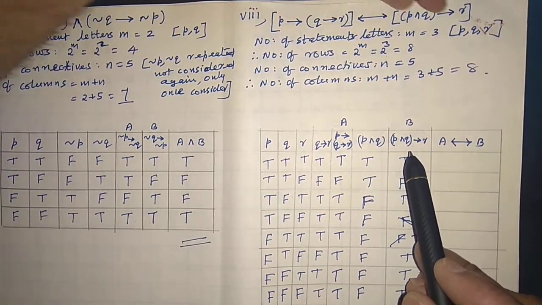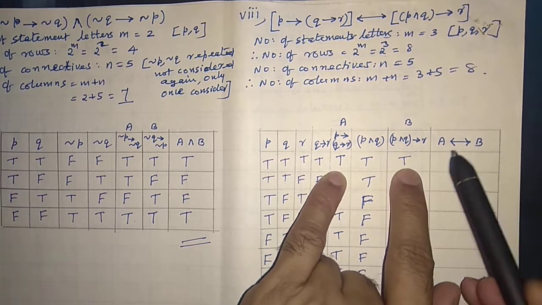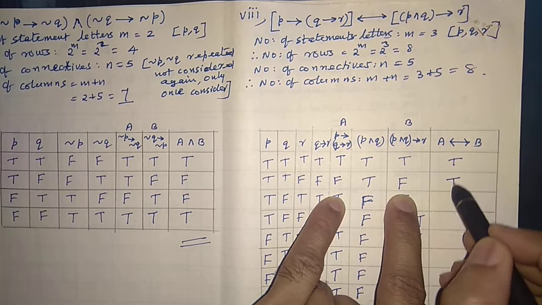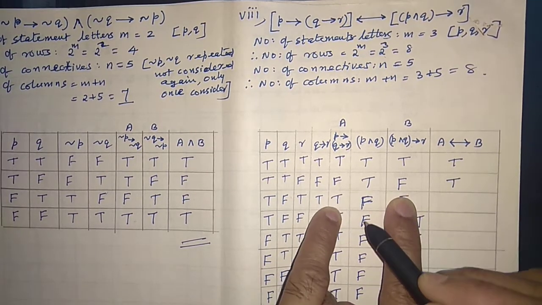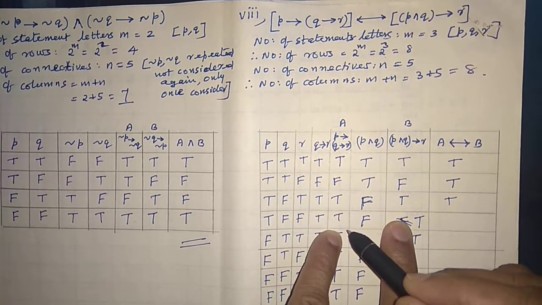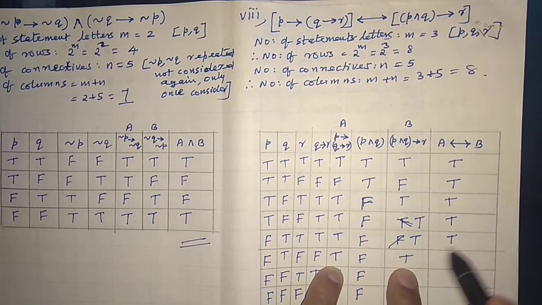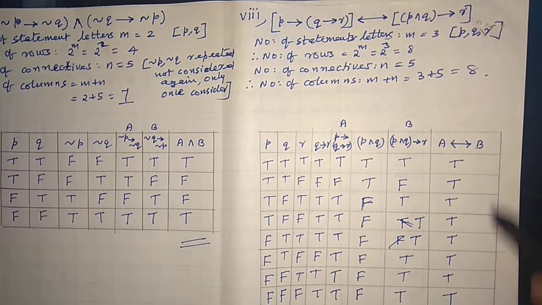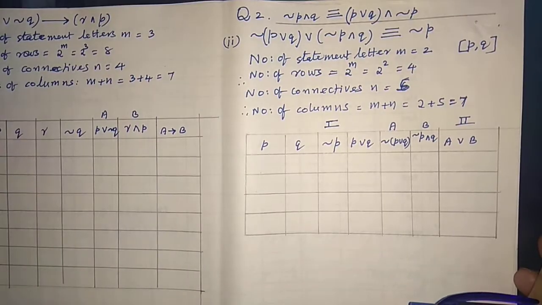Now A implies B. The whole thing A, the whole thing B, double implication. Here A and here it is B. Both are T, T. Both are FT. Both are same sign, so double implication, T only. T, T, T. T, T, T. T, T. Yes, T. T, T, T. T. T. All T, it is a tautology also. Okay. That's the next question. This is question number 8.